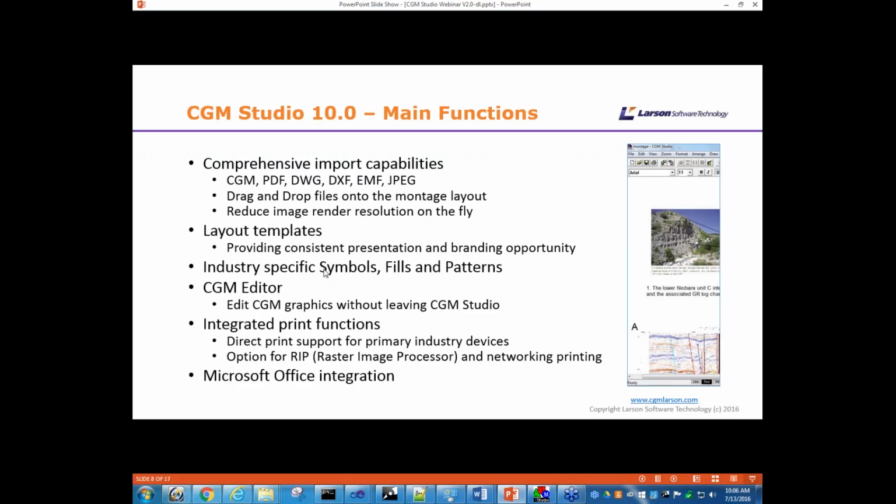And then it also has industry-specific symbols, oil well symbols, and geological patterns as part of the functionality. Another very key and powerful feature is the ability to edit CGM graphics directly in Studio without leaving Studio. That would be important when dealing with, again, the CGM image you may get from your